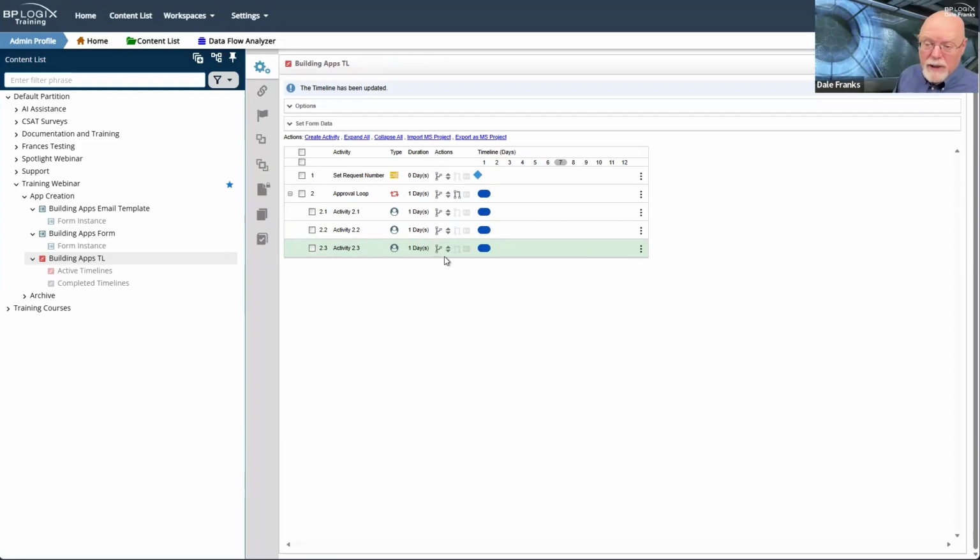They're all going to be stuff that users have to do. So I'm going to make them all dependent on each other so that they run in sequence. And as I do, when I set this dependency here, notice that my approval loop automatically got larger, and it will get even larger if I make activity 2.3 dependent on activity 2.2.